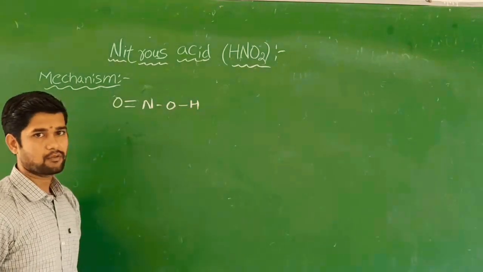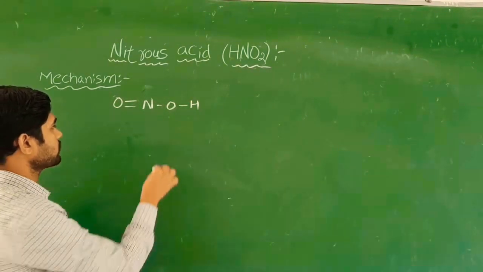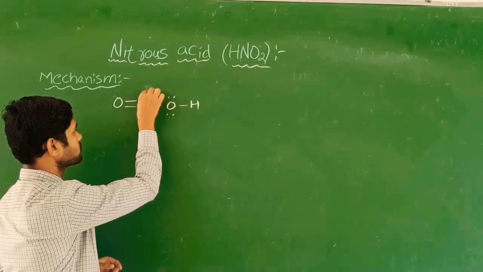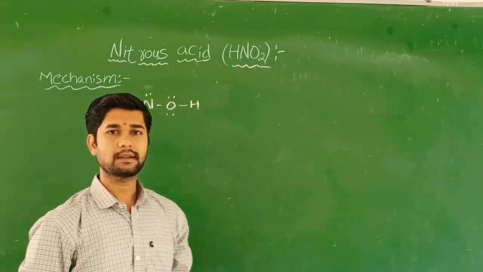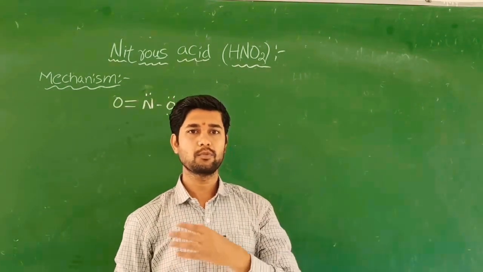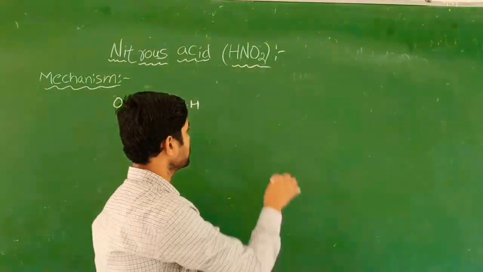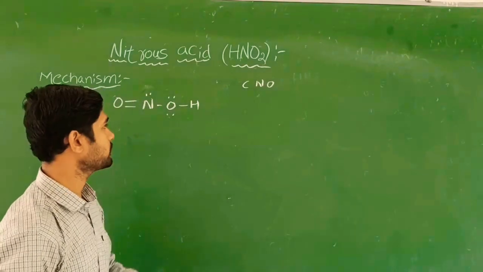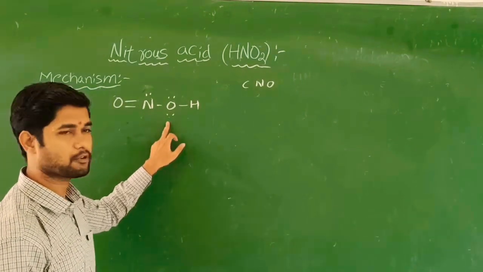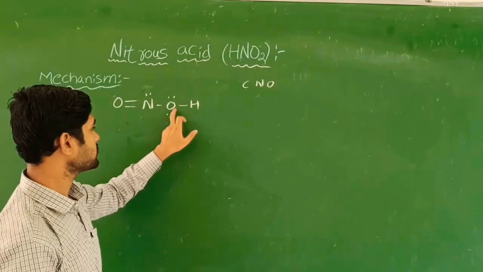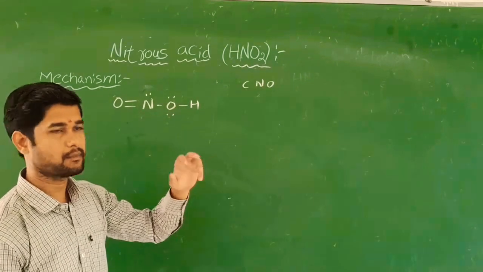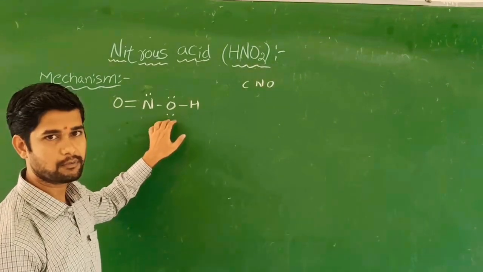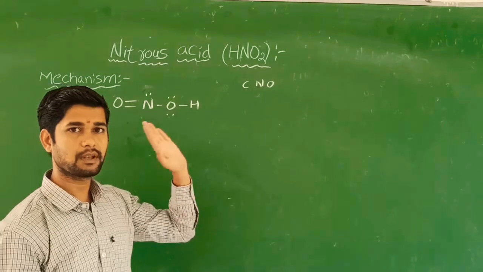This is the structure of HNO2, and here the lone pair will be on oxygen and also on nitrogen. And you know that in the periodic table, when you move from left to right, you get carbon, nitrogen, oxygen. So here the lone pair will be there, and here also a lone pair. This oxygen lone pair will be very strong to attract, according to the periodic table, when you move from left to right.